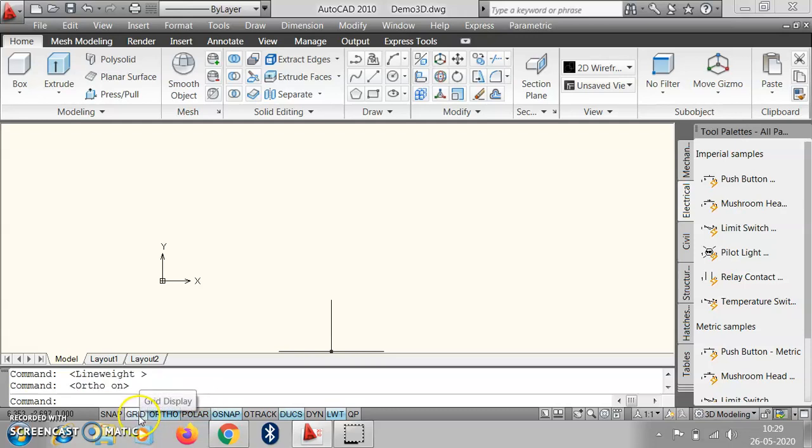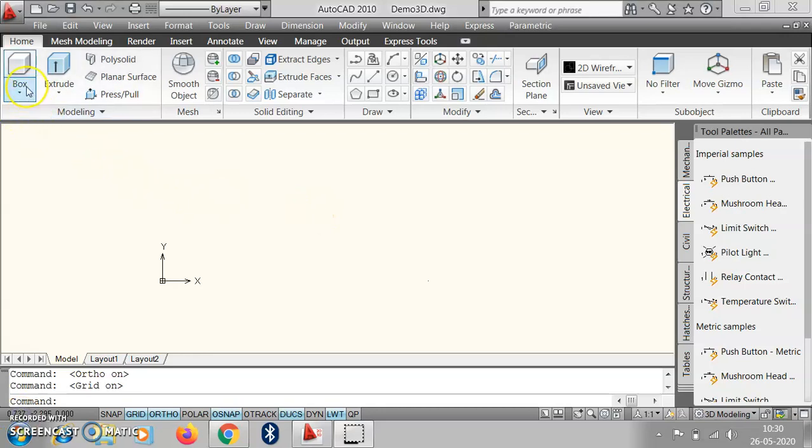And if we require the snap grid, we can turn on the grid. If not required, we don't turn it on, but it is optional. And object snap most of the time we require, so O snap is also on.